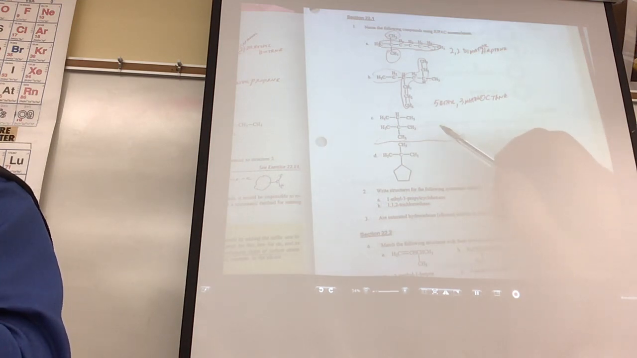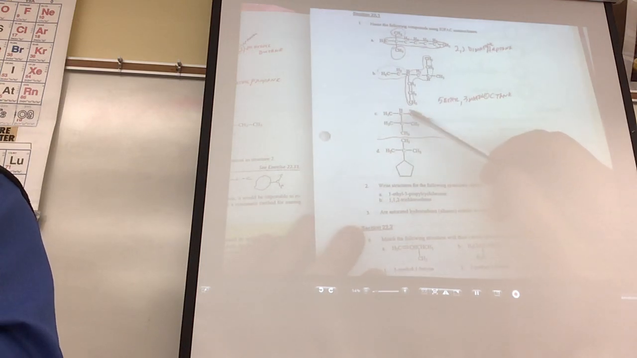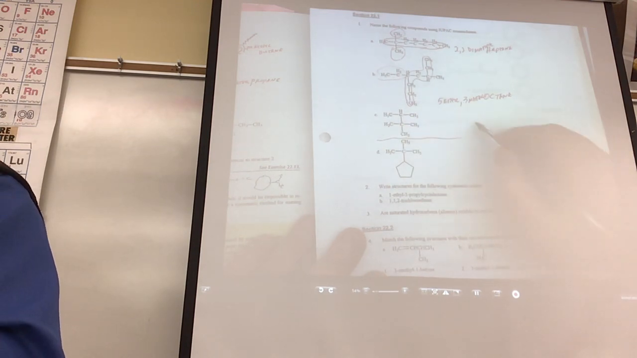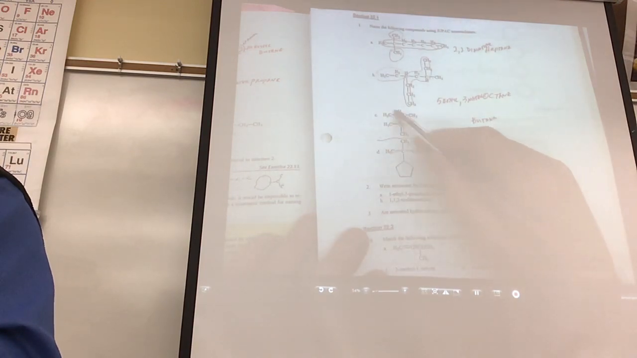So what's your longest parent chain? 3. How many? Let's try it again. 1, 2, 3, 4, from the bottom to the top. Okay, so what is it? 4. So what's the last thing out of your mouth? Propane. No, prop means 3 carbons. So 4, butane. Okay, so now what I do is I go ahead and circle the parent chain,